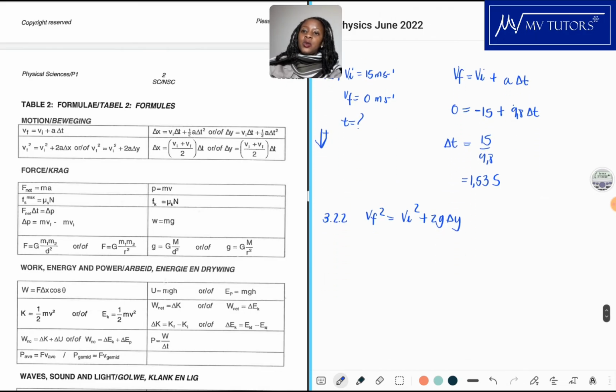Okay, so since we have the final velocity, which is 0, and the initial velocity, which is minus 15, we can definitely calculate for delta y. 2 times 9.8. All right, and we have delta y. So if I calculate for delta y, I'm just trying to do the algebra in my head. So I'm going to have 15 squared, negative 15 squared,